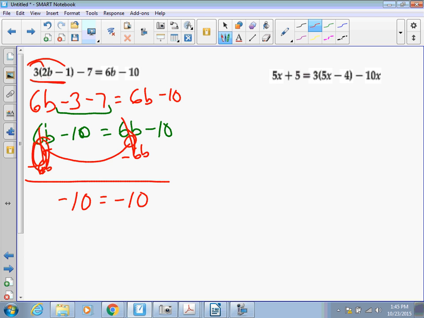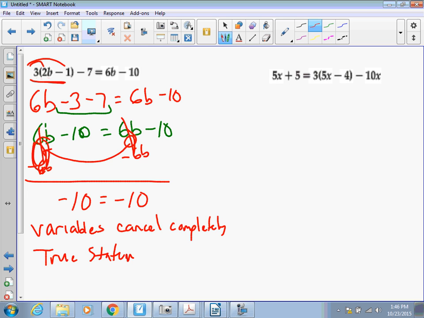If you'll notice what happened, our variables canceled completely, and we are left with a statement that is a true statement. And if you remember, when we had that before,